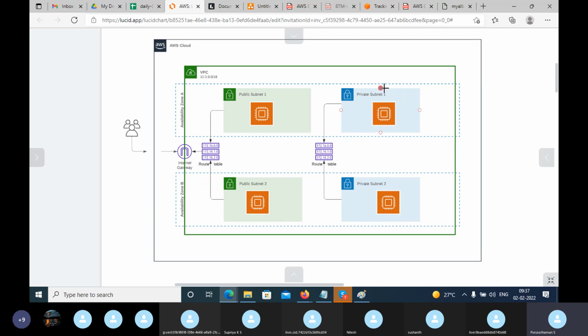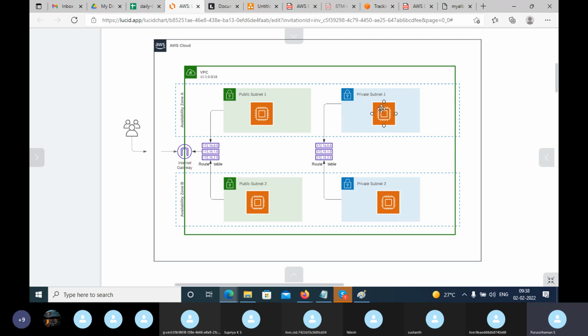So in that case, we will see how we can provide only the internet access. If you are hosting your web application in the private zone, obviously it won't be accessible from outside the network, but you can still access it from outside through a load balancer. And if you want internet without public access, you can provide a NAT gateway.